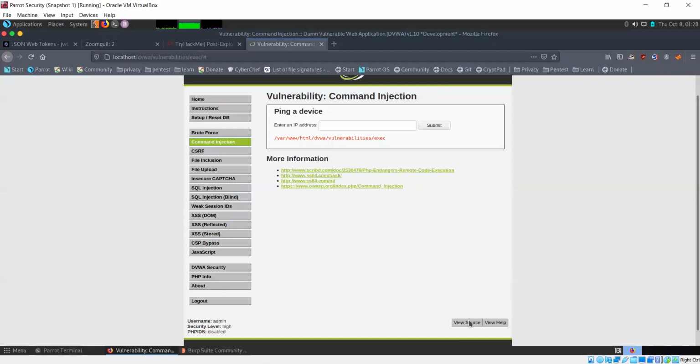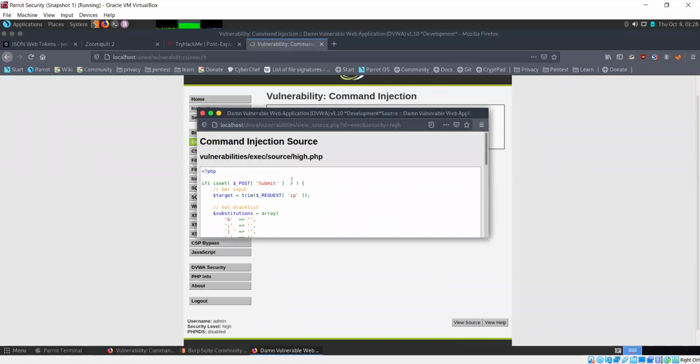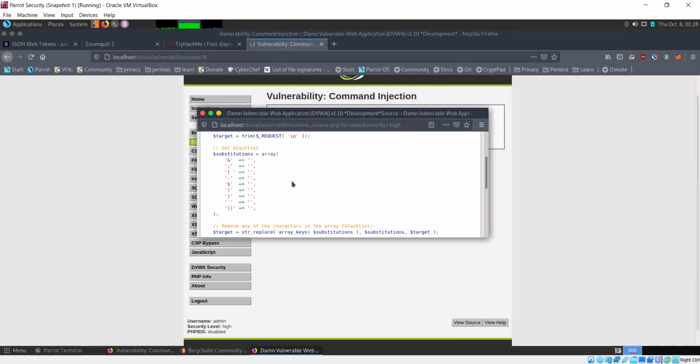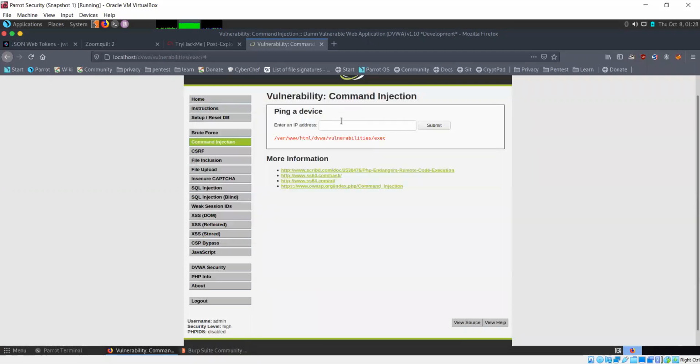Let's see what changes they made to the source code. So now they've expanded upon the blacklist, and a lot of things have been blacklisted. But we were still able to run our chaining, but only with a particular trick, and even then we can only run one command like that.